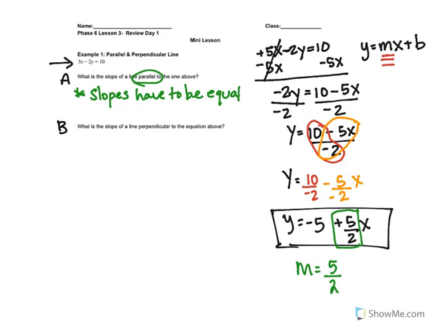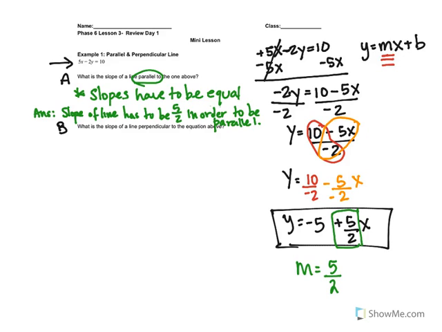So when I write my answer, I can say the slope of a line has to be 5 over 2 in order for them to be parallel. And that is because parallel lines have the same slopes and different y-intercepts. Okay, so if my slope is 5 over 2 in the equation that was given to me, and I'm looking for something that is parallel, then both equations have to have the exact same slopes with just different y-intercepts. Okay, now part B